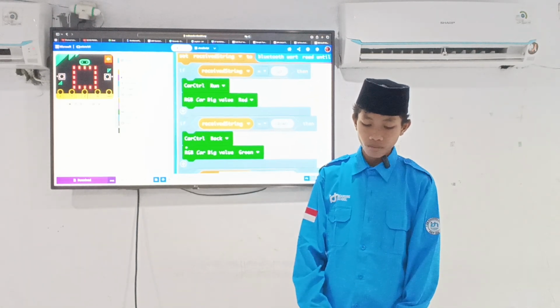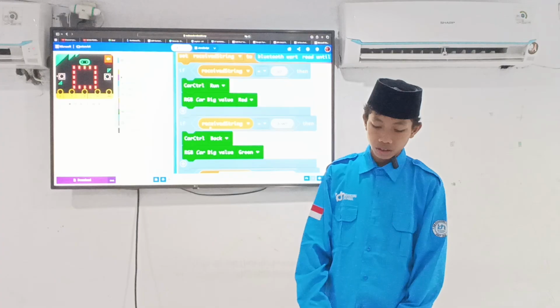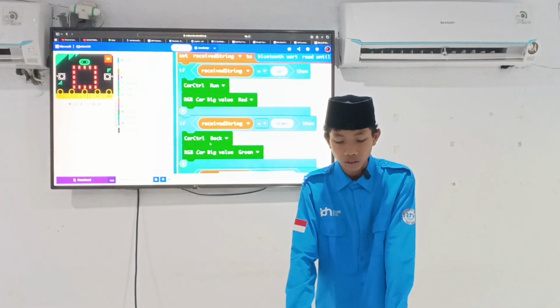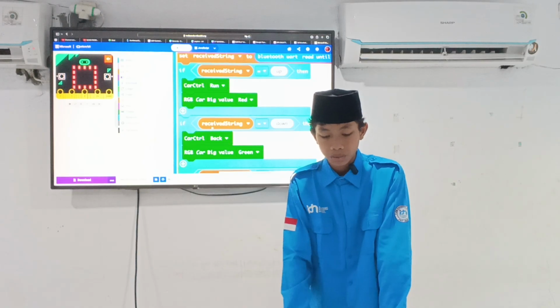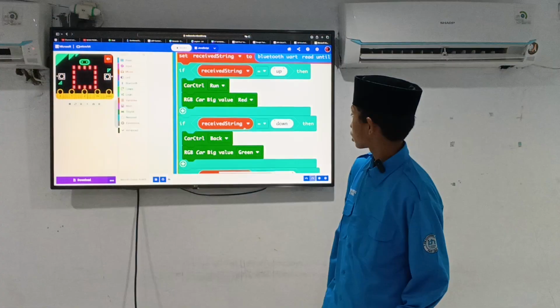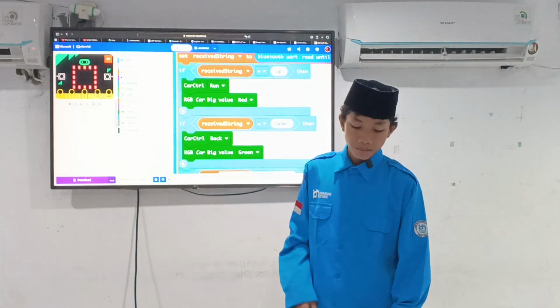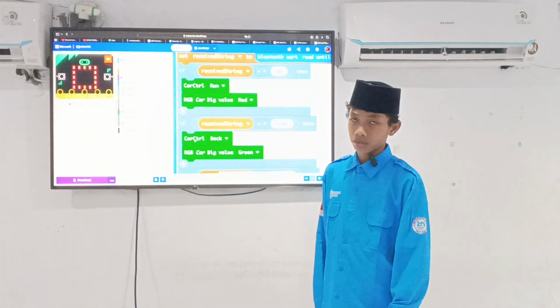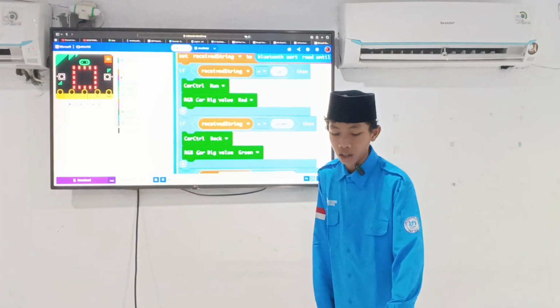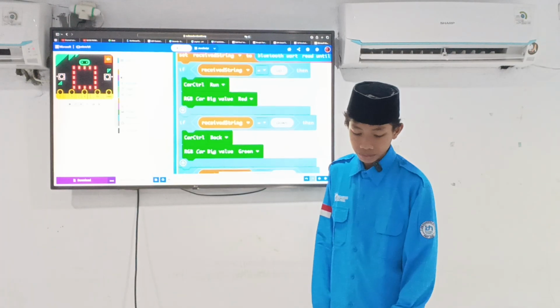And then if it receives the string "down", the car control goes back. The meaning is if I touch the down button, the TinyBit goes backward, and then the RGB car big value shows green.